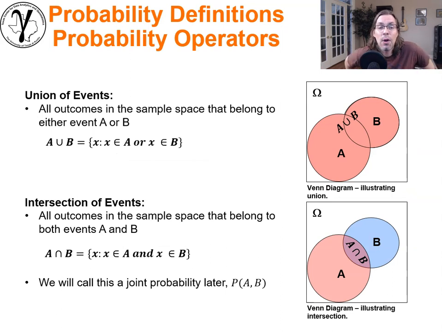Now let's go through a variety of different probability operators. These are the basic building blocks of probability logic. The first one is the union of events operator. This is pretty straightforward. We represent the union of events by this U symbol, so it's easy to remember. Technically, for the set of all possible outcomes X, it is the OR operator. So what is the set that includes X within A or X within B?